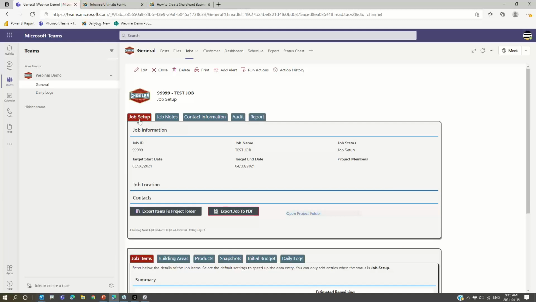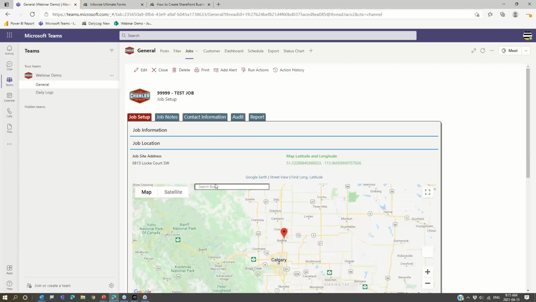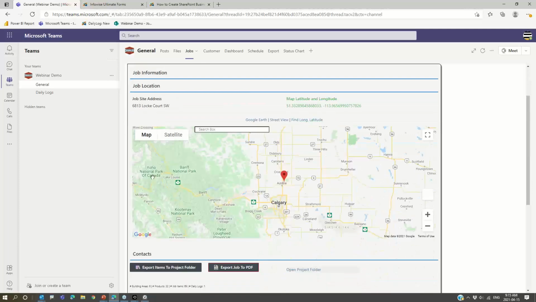So let's take a quick look at it. Here you have the interface. You click on the job location as well. We were able to integrate Google Maps into the interface, so you can search on a specific address or go to Google Earth or turn on the Street View to actually see where the location of the job is found. So that's also a very